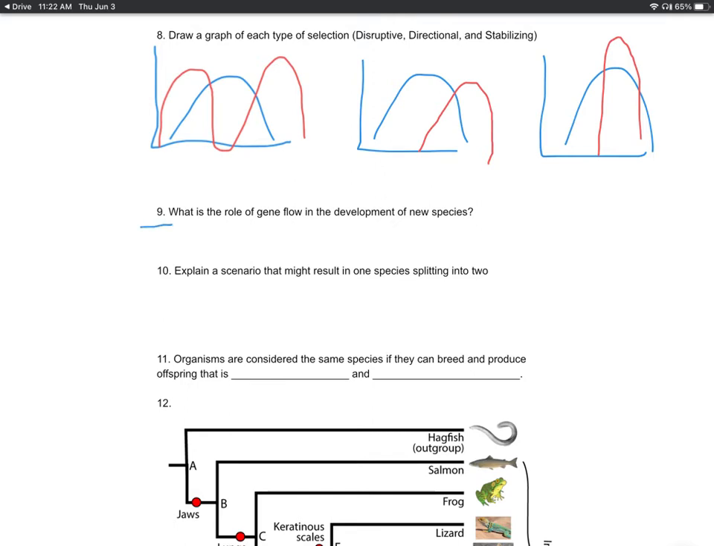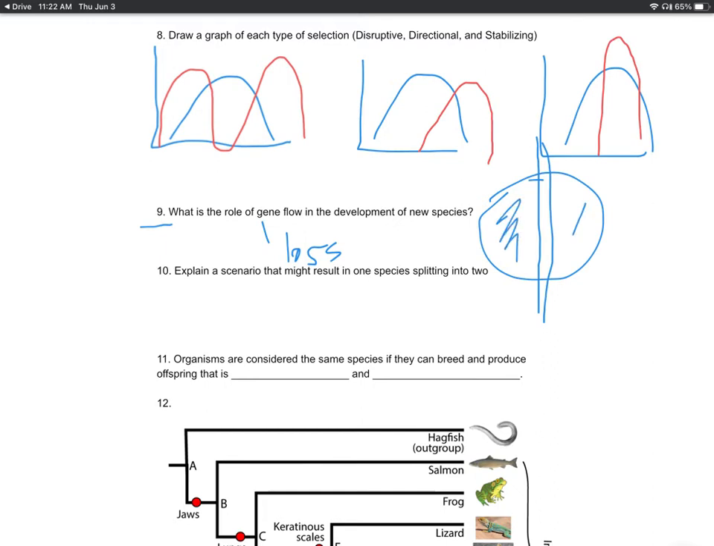Okay, to develop a new species, there has to be a loss of gene flow, meaning if you have a group and it gets divided, and then the ones on this side and the ones on this side are no longer able to breed with each other, we would say that is a lack of gene flow. And we would expect the individuals on this side and the individuals on this side, over time, eventually, since they're not breeding with each other anymore and there is no gene flow, we would expect those to evolve into two